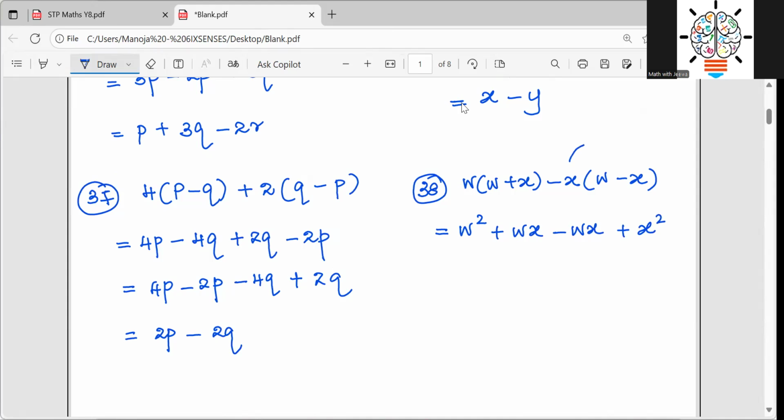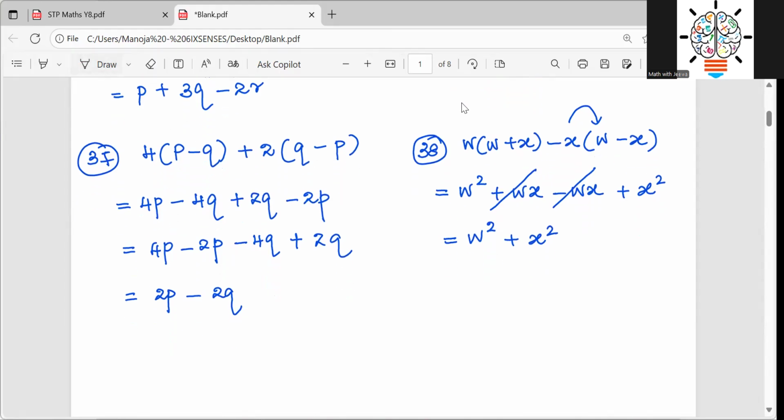Here children, x times w is xw, but I wrote it as wx because here I have wx and wx, I can cancel them. Either it is xw or wx, the same thing. So then I can write the final answer, w squared plus x squared. So I want to double check whether it is correct. Yes. So then the next one,